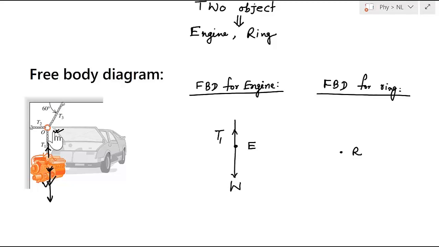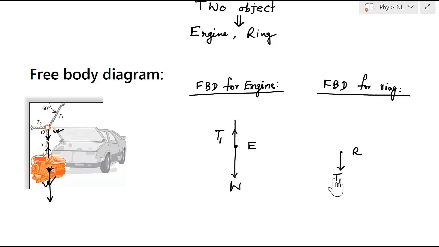What are the forces acting? One force is tension, that is acting in the downward direction, and this tension will be T1 because this is a massless chain. So each point of this chain will have same tension, and the value of this tension will be T1, and that's why on this ring in the downward direction a tension force will be acting, and that